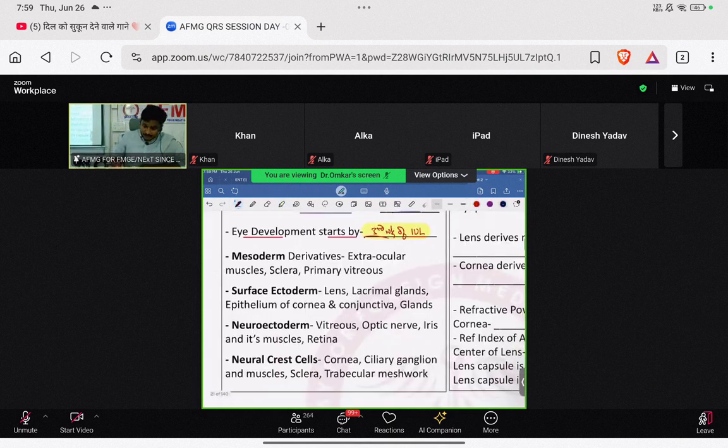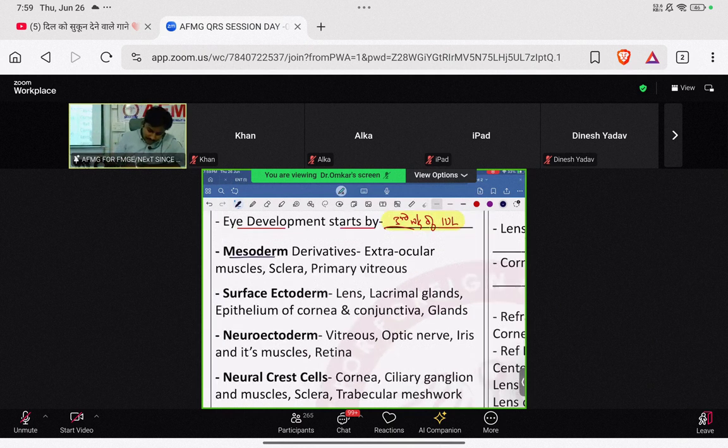Now if I talk about, याद रखना, eye is derived from either the mesoderm or the ectoderm beta. Now mesodermal derivatives in the eye बच्चे, first one, all the extraocular muscles. तो हमें पता है all the extraocular muscles which are present outside the eyeball and responsible for the movement of eyeball beta, all of them are derived from mesoderm. याद रखना, majority muscles in the body are always derived from mesoderm. Clear है बात? So extraocular muscles, how many extraocular muscles do we have? It is 7 beta. There are total 7 extraocular muscles.